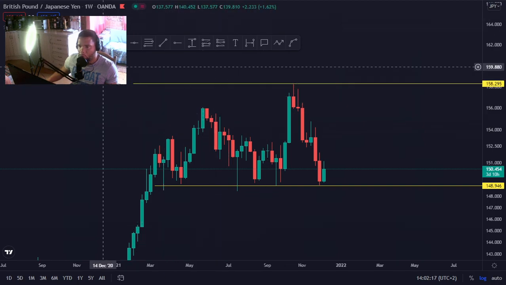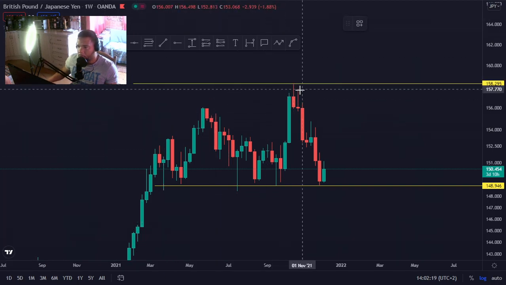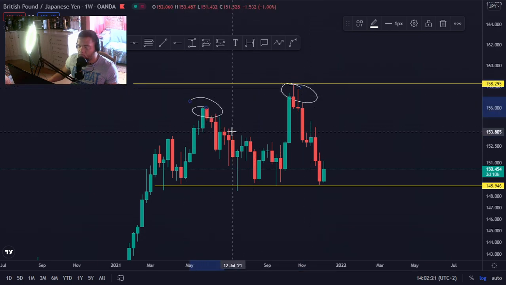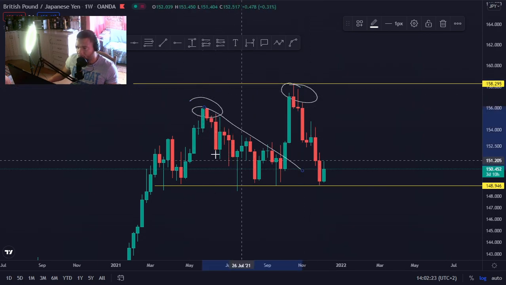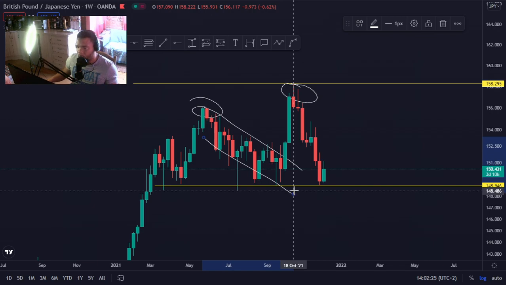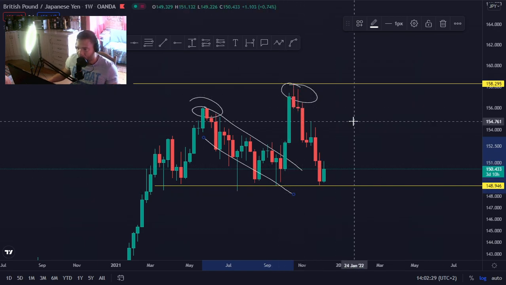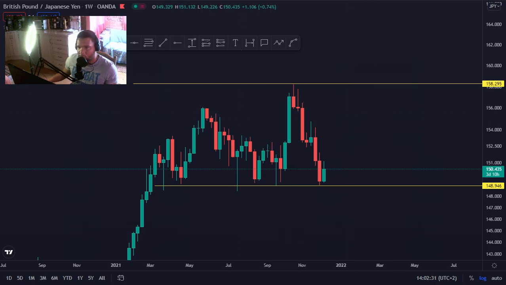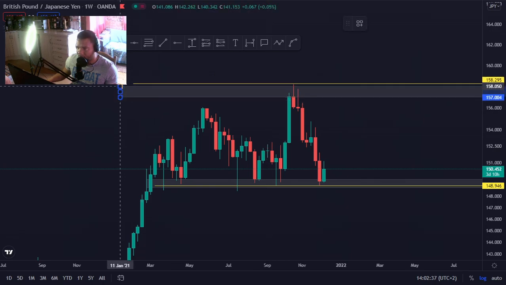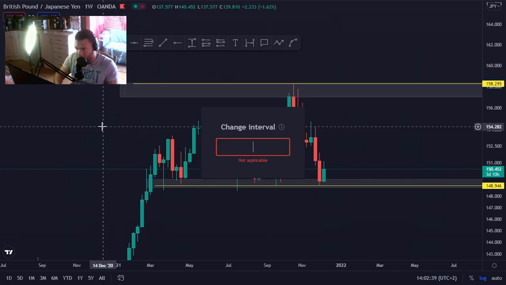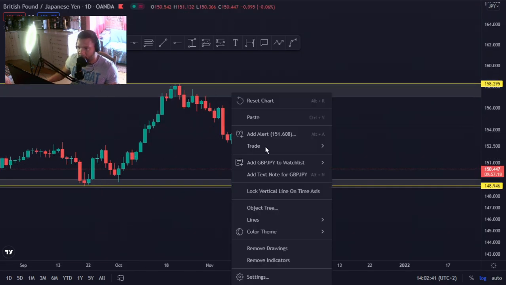The reason for that is we did close above this previous high structure point, and we can see that this is our descending corrective phase, and price did create this new high into the market. So this is an area of interest where price did basically come and tap into on our weekly time frame, as you guys could see. So if we scale down to our daily time frame right now, guys,